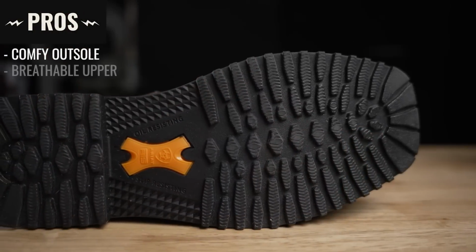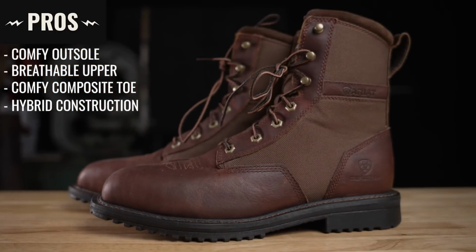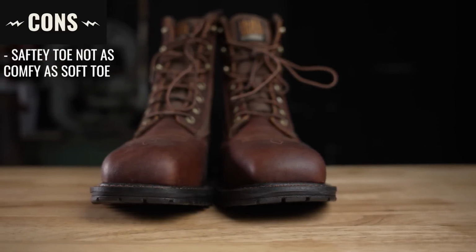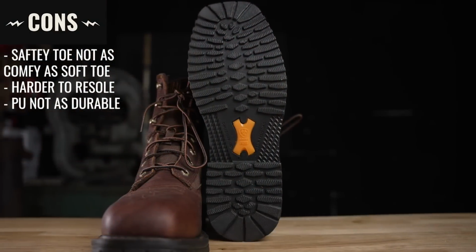So pros of this boot: comfortable outsole, breathable canvas and leather upper, the more comfortable square composite toe, and the hybrid construction we just talked about, and this boot is under $200. The cons of this boot: safety toes just are never as comfortable as a soft toe. They're always going to be a little bit uncomfortable and not flex the same way. These are going to be harder to resole, and the polyurethane outsole will just never last as long as a